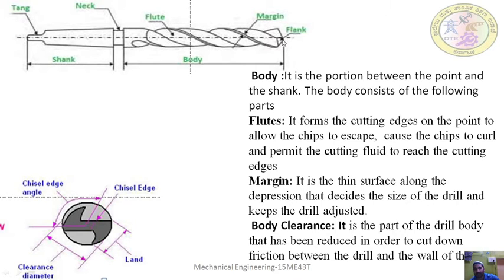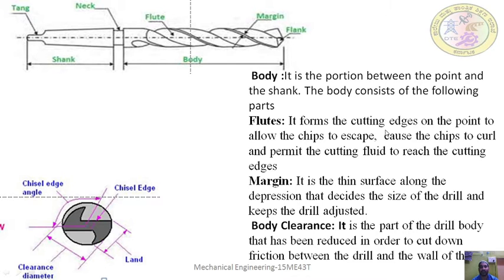When the cutting action takes place, the chips will flow through these grooves, and the flute-like shapes allow the easy escape of chips. After machining, the chips are formed and easily flow through these flutes. It also allows the flow of cutting fluid to the machining surfaces. When cutting fluid is passed, it flows through these flutes to where the actual machining takes place, allowing easy flow of cutting fluid to the machined surface or the friction surface.